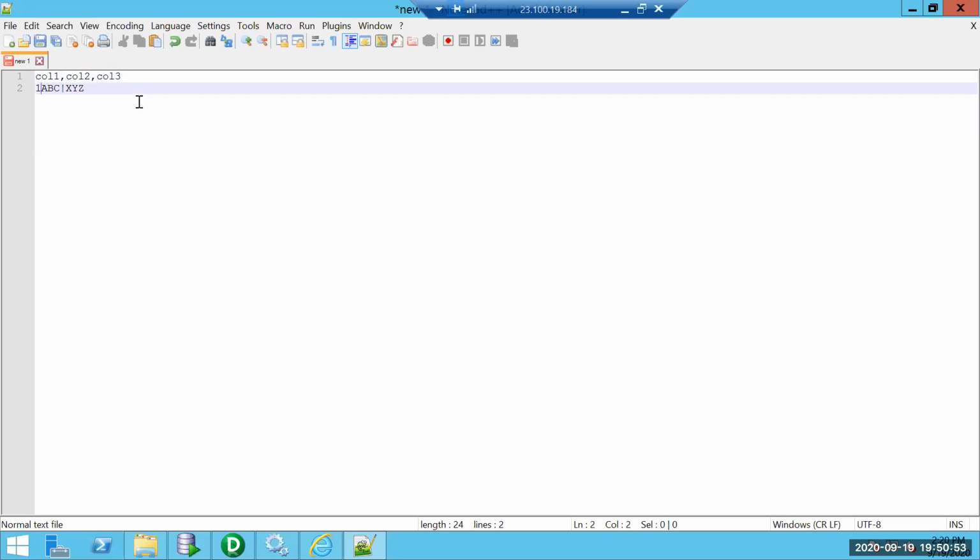It depends on the requirement: why should I use pipe, why should I not use comma? In case your data has commas, to avoid misinterpreting data, it is better to use a delimiter which is not used in the data. Usually pipe is not commonly used in data, but in certain cases pipe may also exist in data. In that case, we go for something called tilde, or any combination of control characters which can separate the columns.